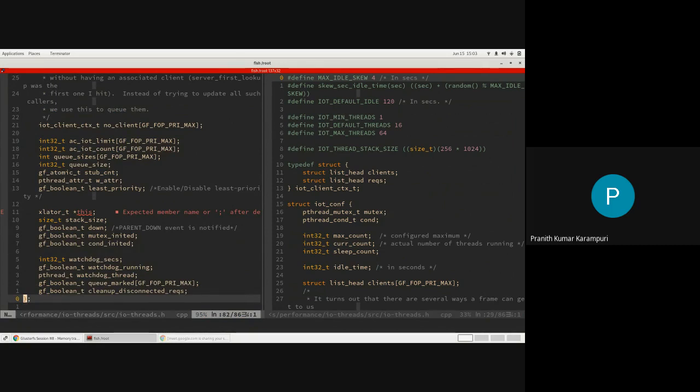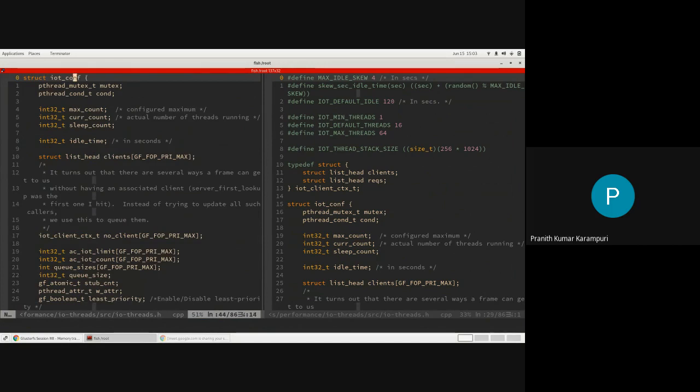Basically, any accelerator will have something like a const structure, which holds accelerator specific data, both the running data and the configuration. For example, this current count is running data. As and when threads get spawned, this gets incremented, and as and when threads die, this gets decremented. Okay, so we will look at what happens when any of the FOPs is wound into IO threads.